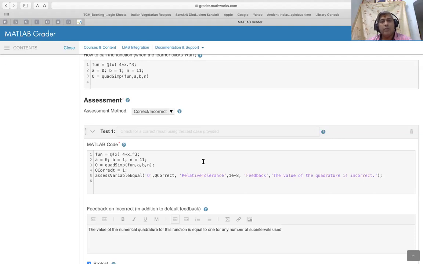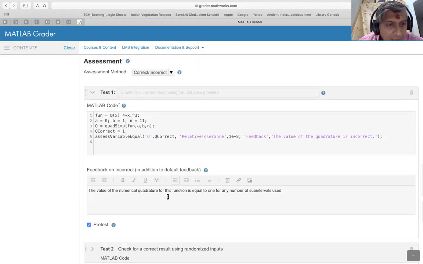So you want to see if the answer matches up to a certain tolerance, and that tolerance is specified here. And when the answer is different from the correct one beyond the tolerance, you want to display a message saying that the value of the quadrature is incorrect, and that you indicate here.